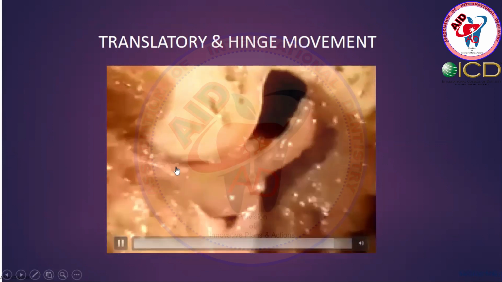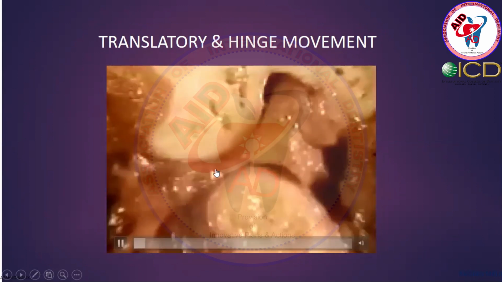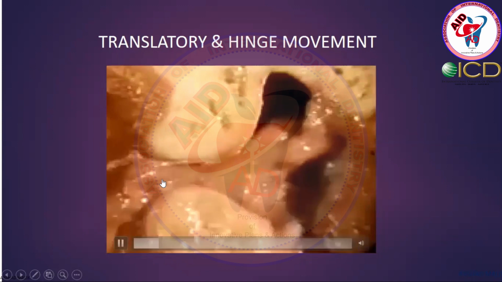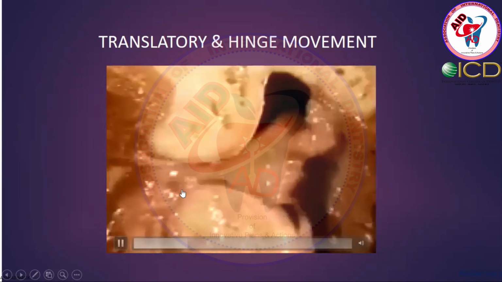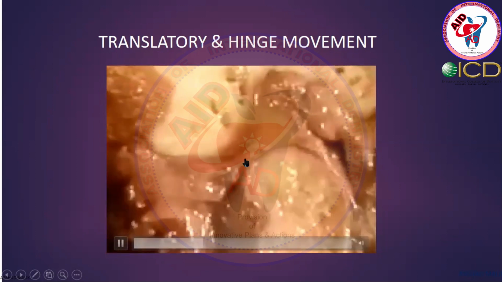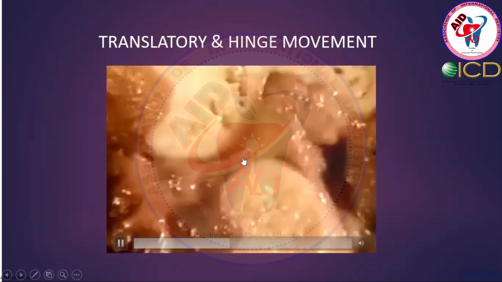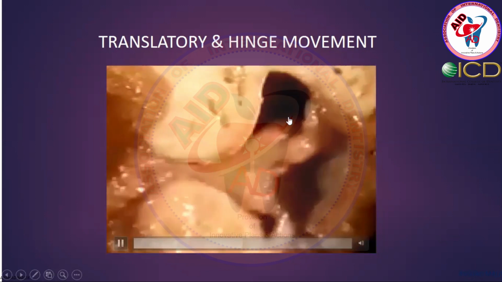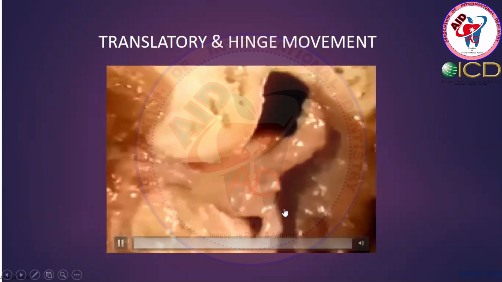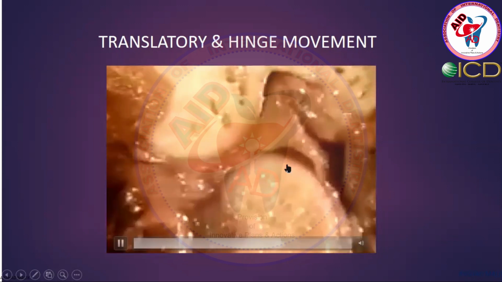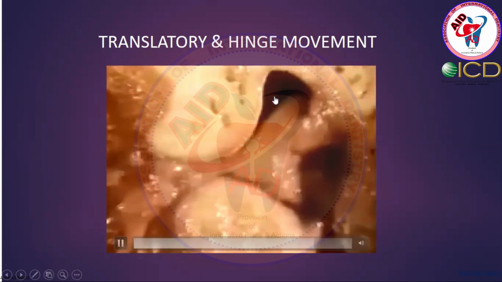Then it comes back, and it is mainly giving its movement on the middle portion of the temporomandibular disc, not the posterior portion, not the anterior portion. Mainly it rotates at the middle portion of the temporomandibular joint disc. While the joint opens, the superior and the inferior joint spaces are enlarged. While it is in place, there is absolutely no joint space.